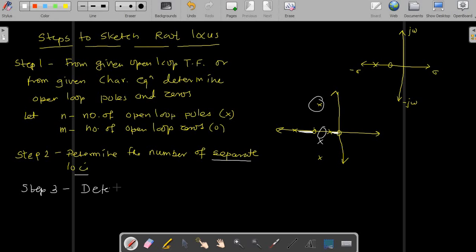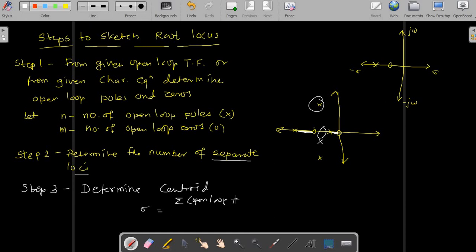Determine the centroid and angle of asymptotes. Now how to determine this? The centroid, represented as sigma, is equal to the summation of